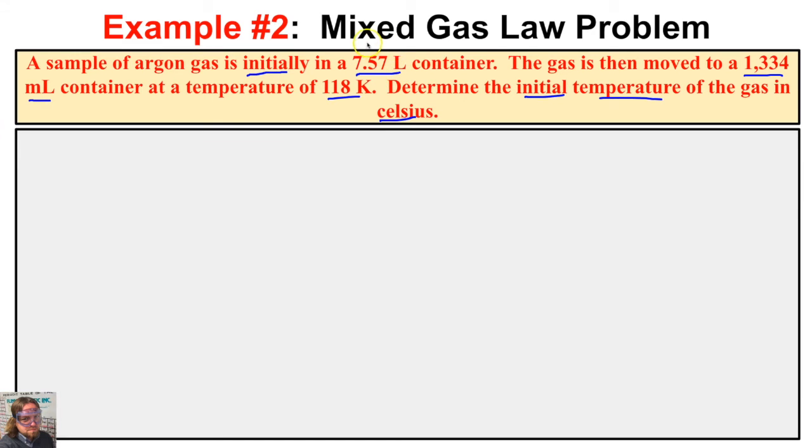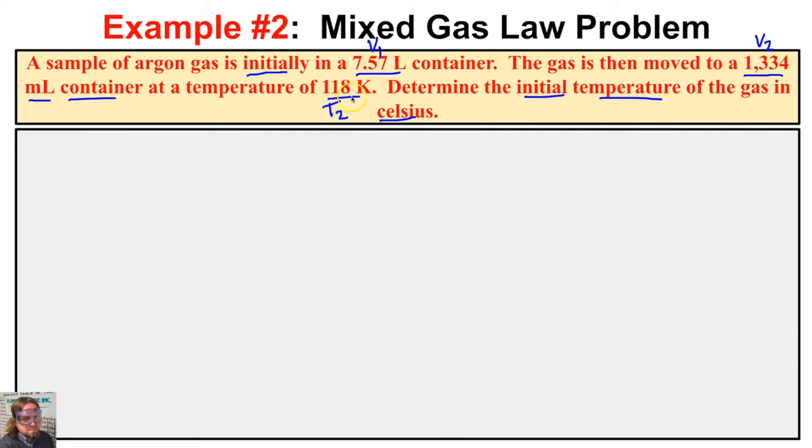7.57 liter container. Initially means first, and liters is volume. So here's our V1. The gas is then moved to a 1334 milliliter container. So the gas is moved, and so it looks like this here is going to be our V2. Milliliters is a measurement of volume, and this is our second volume of the gas if it's moved to a new container. And so the temperature of this gas in this new container is